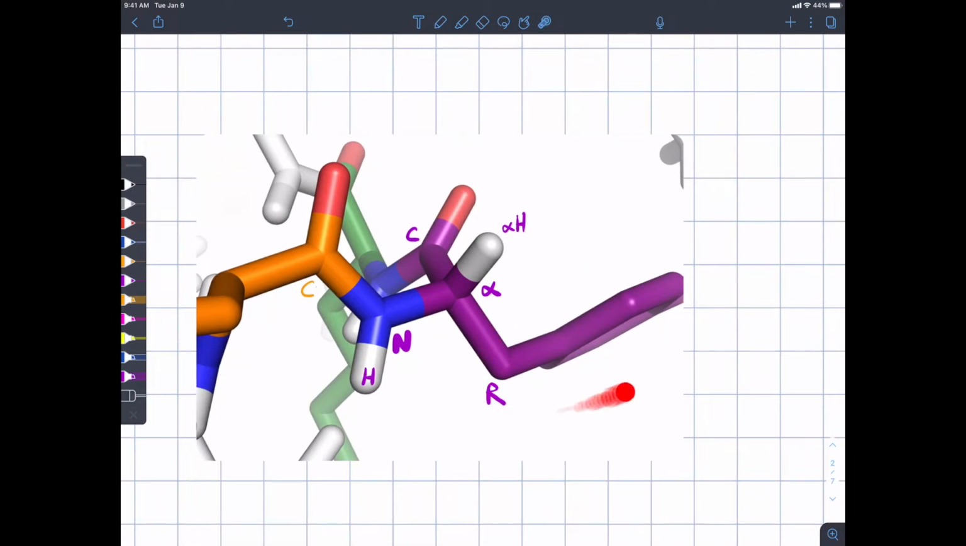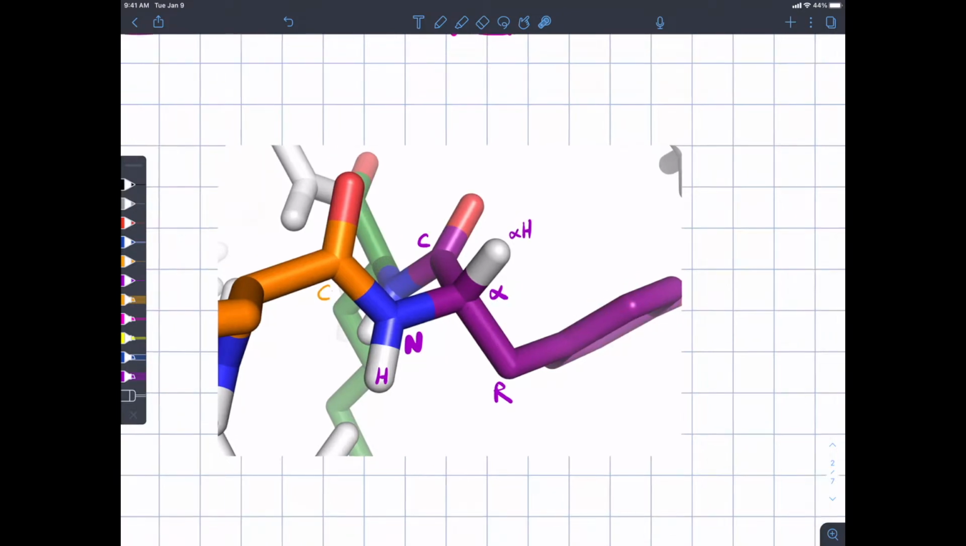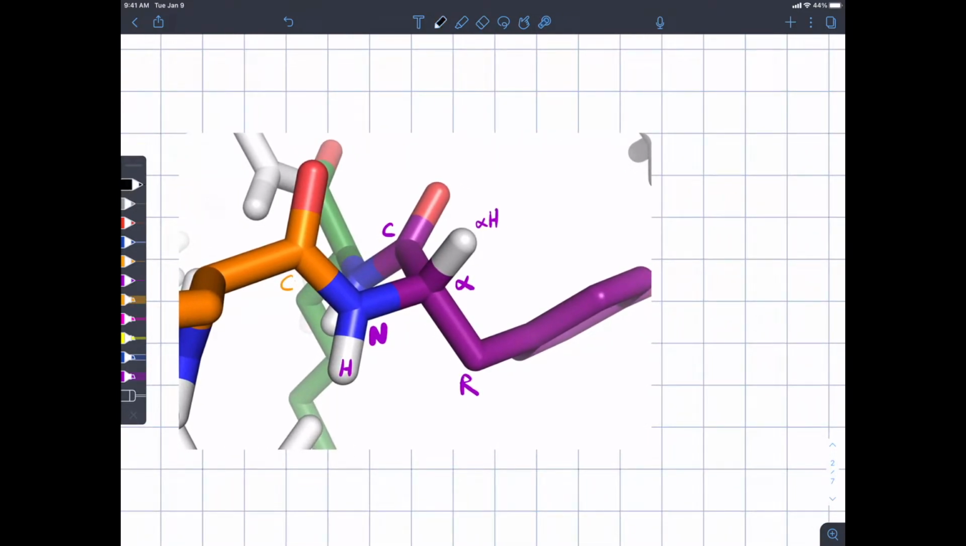And this is the side chain group for the purple amino acid. We'll talk about what it is. It's actually a benzene ring. But let's just get oriented and let's put